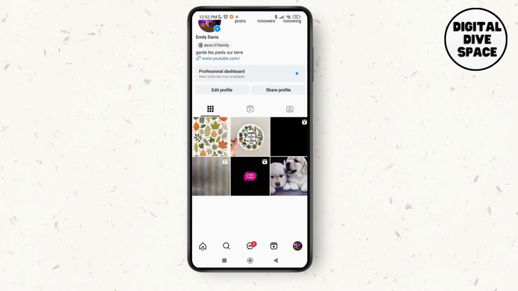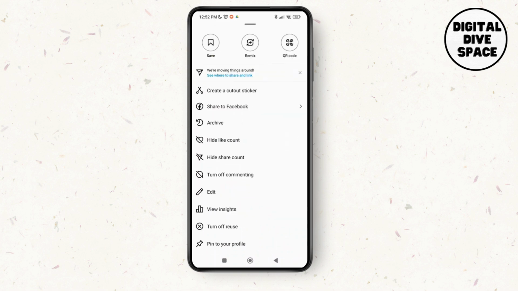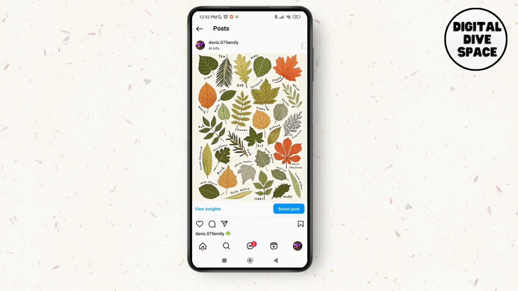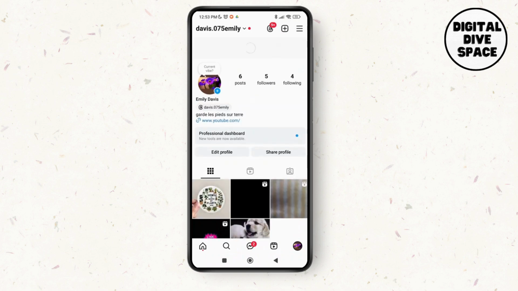Now for example, let's go on to this post, and for example I want to archive this post. So just tap on the three dotted lines and then tap on the archive option over here. So as I tap on archive, you can see you will no more be able to see the post on